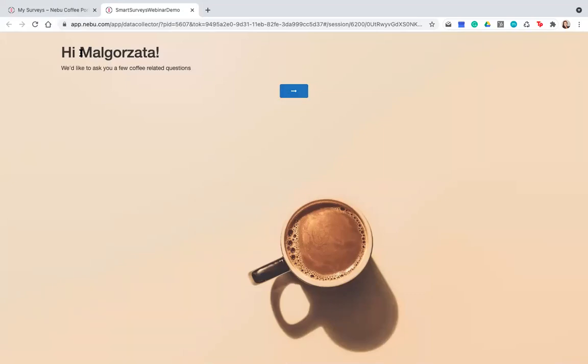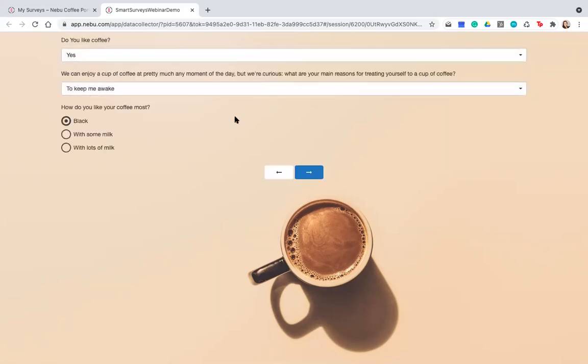As you can see, I'm already pulling some information from the panel. So my first name, it can also be age, gender, last name. You can mention any of the attributes that you already have in Nebu Panel Manager. And from here, in this case, I'm only asking about coffee questions, and as you can see, I have those pre-filled because I already gave answers at some point to those questions, and I would like you to remember the answers. I will, of course, change it now, and in a second, I will show you how it looks on the